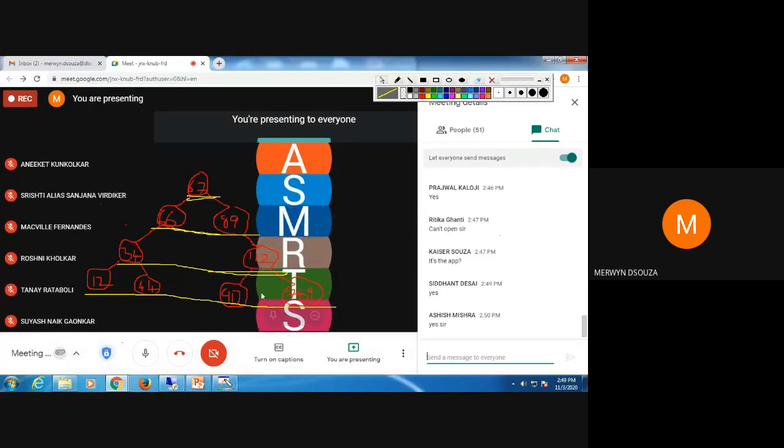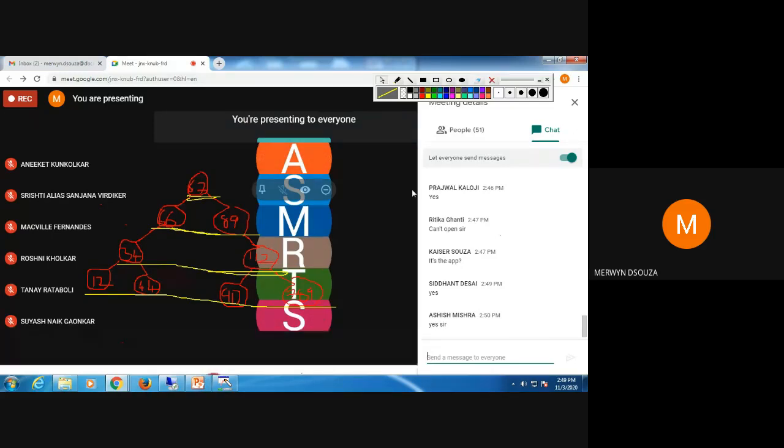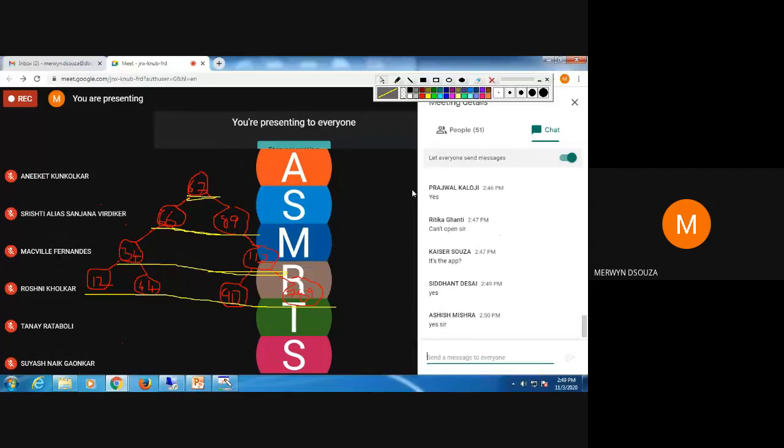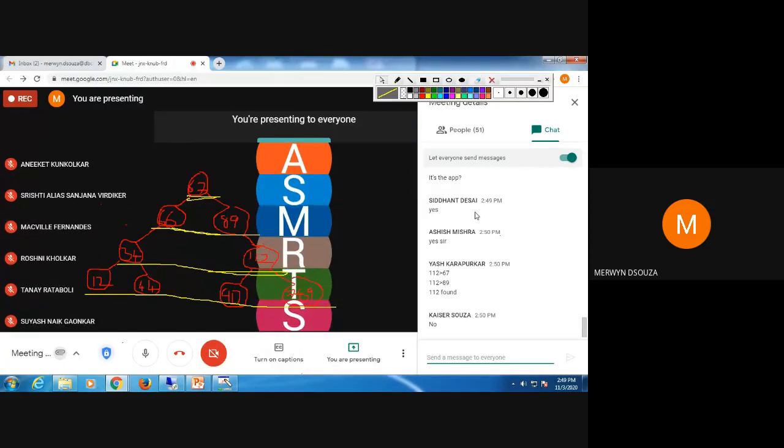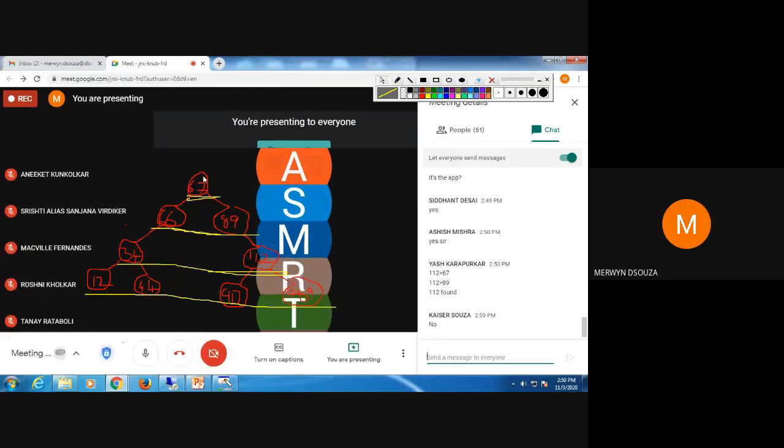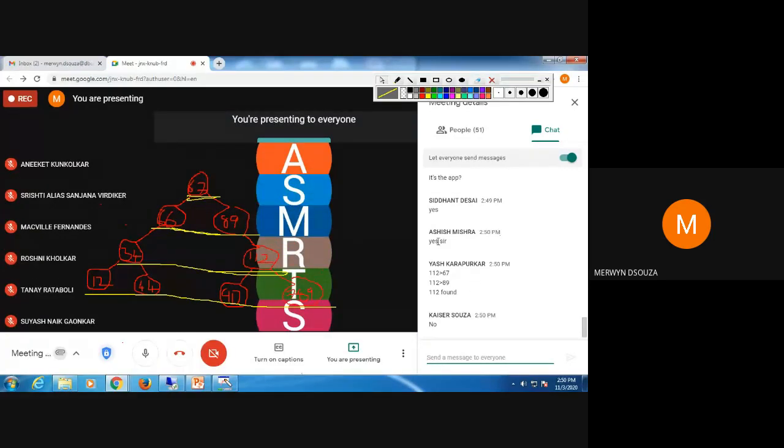Have you all got this tree? Everyone? Anyone has any difficulty in constructing this tree, the binary search tree? You can ask me your difficulty if you are having a difficulty in constructing the tree. Have all the students online understood how to construct a binary search tree? Anyone has any doubts about this tree, how any of these values has got inserted?